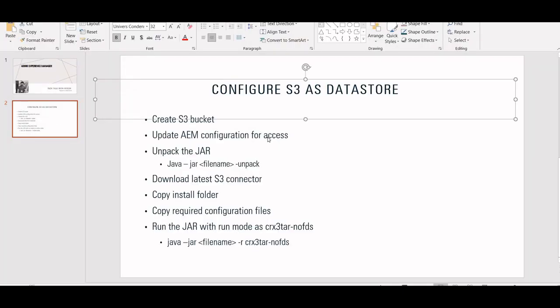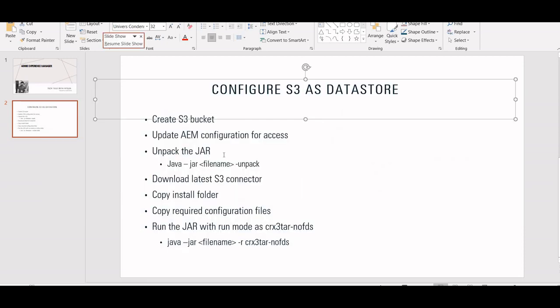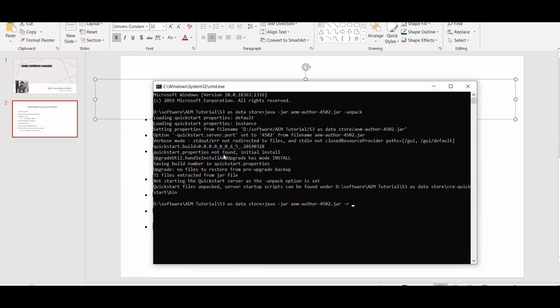Okay, so this is all the configuration we have to do, and right after this we just need to run this command, which is java -jar, the jar file name, and we need to specify the run mode, which is nothing but crx3tar-nofds.